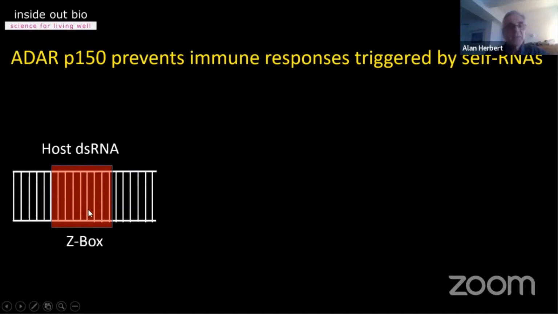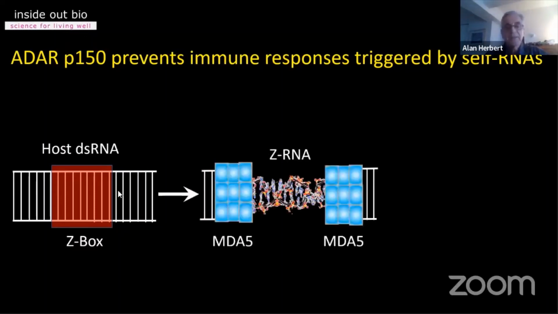And so when you initiate the response to double-stranded RNAs, which is a natural response because most viruses make double-stranded RNAs, and so that's a warning sign that something's wrong in the cell. So if you get double-stranded RNA being produced, you want to know whether it's a host double-stranded RNA or a viral double-stranded RNA. And so as the response is activated, you have these helicases which then combine the double-stranded RNA,